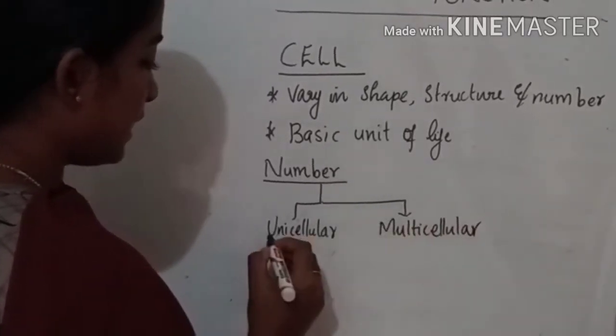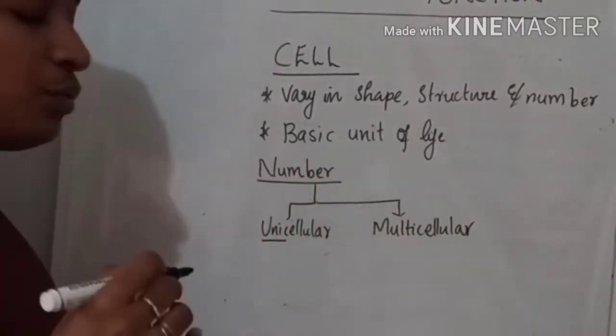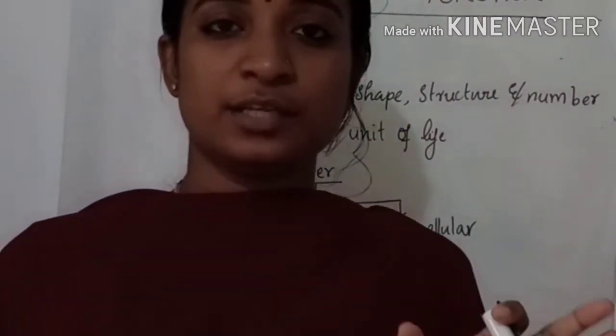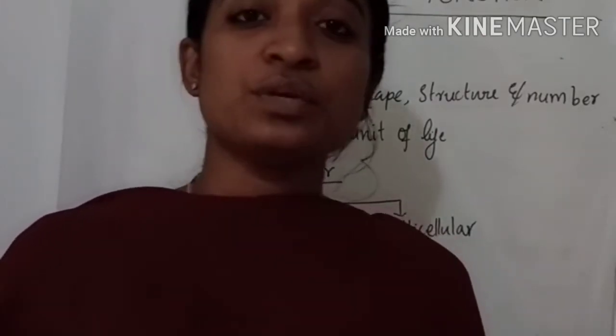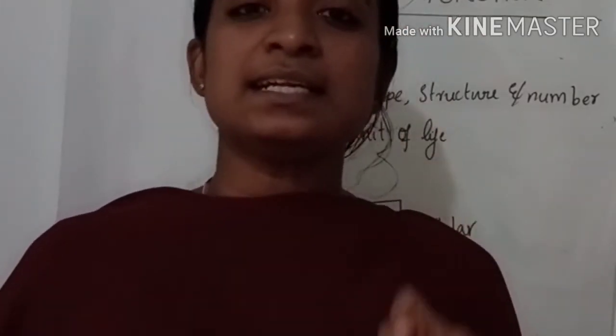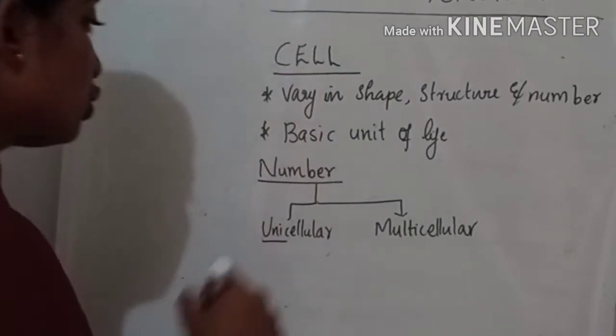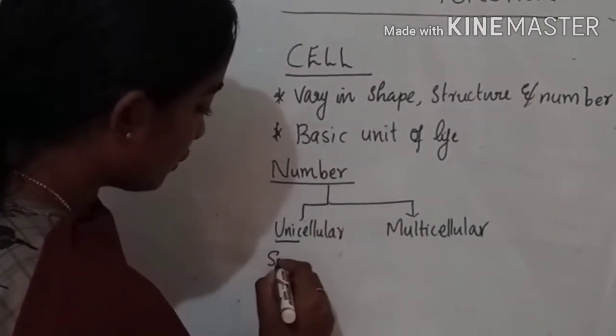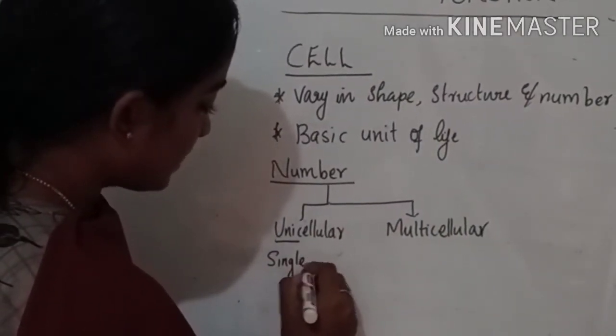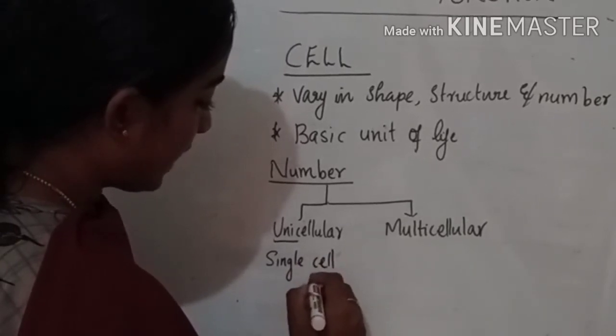From the name itself, uni means single. So unicellular means single-celled organisms. Unicellular organisms are those single-cell organisms,